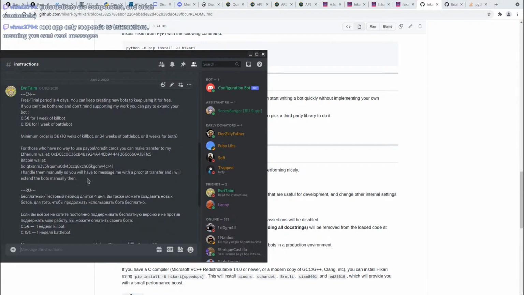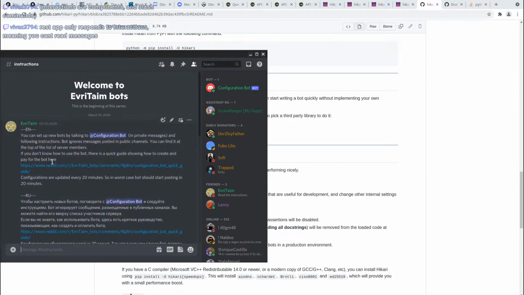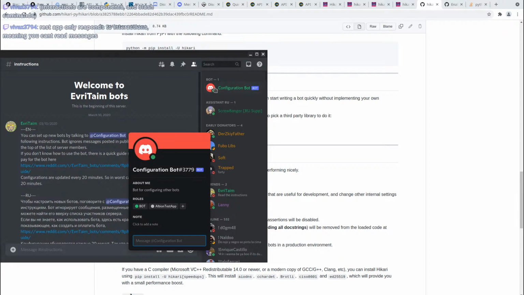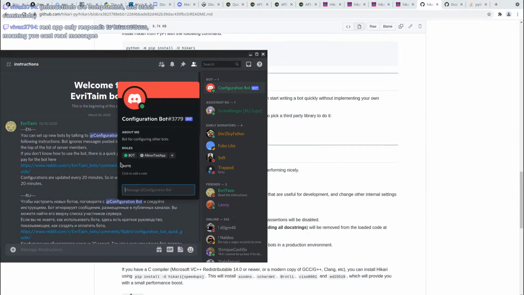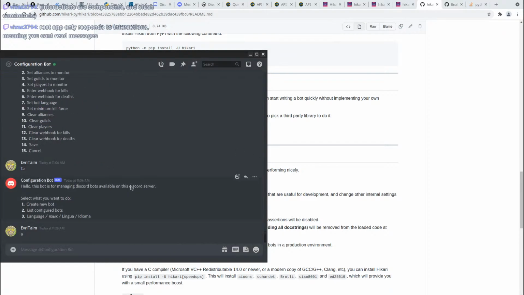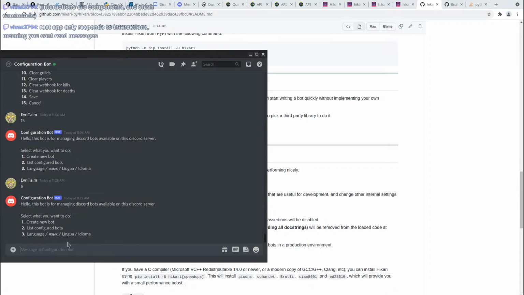I guess this doesn't really explain all that much. Yeah, this is the main guide. So you message the configuration bot, so this user, private messages, and when you just message anything, it will respond with a menu, and then from there on you just follow the bot, whatever you